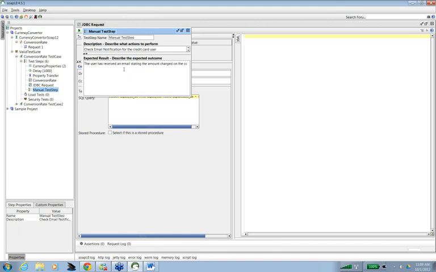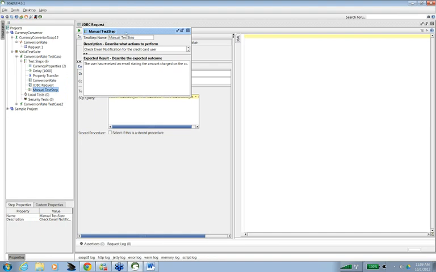Okay, so this is a manual step which I have added here. And I will be doing it manually, and then my result would be passed or failed depending on what I have done here.